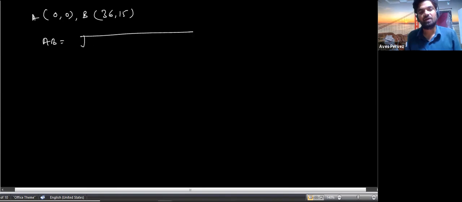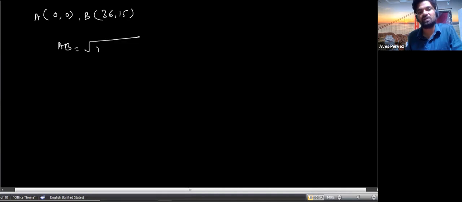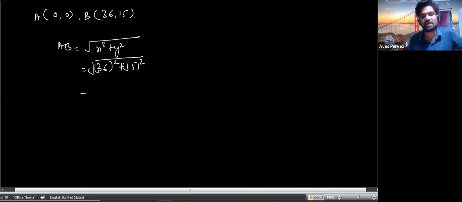So under root of, we can write 36 minus 0, then 15 minus 0. It is better to write simply AB equals under root of x square plus y square, which is equivalent to 36 whole square plus 15 whole square. So first you need to multiply this one. It is not difficult, but you need to multiply. So how can we prevent multiplying? Let me help you understand here that we have 36. How can I write 36?